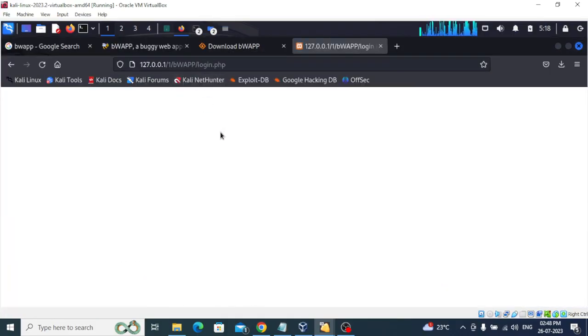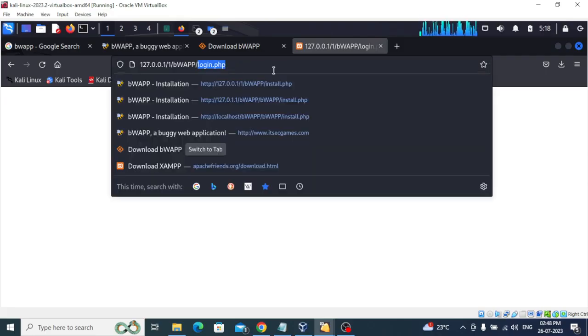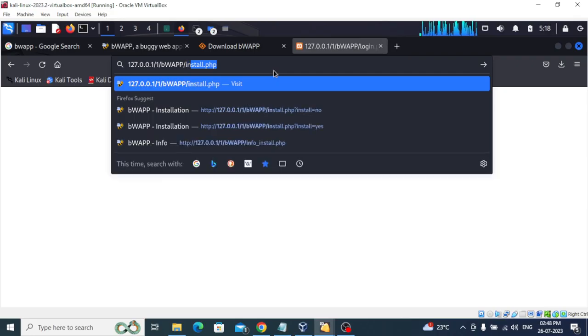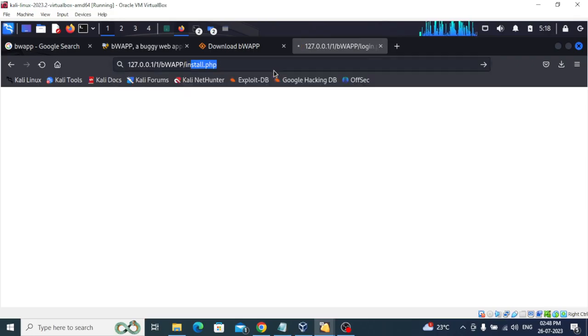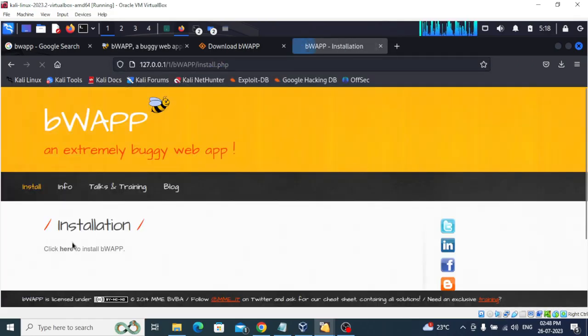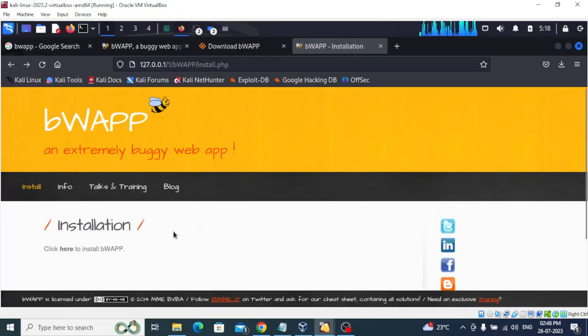And now you can see login, nothing is coming here, so I'll go and click on install, and in install I'll just click install, and it doesn't install. So that is the issue actually. Now what we can do for this is